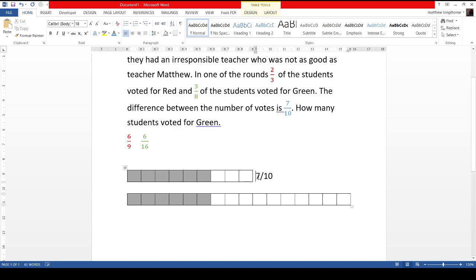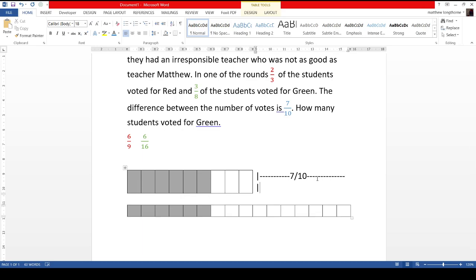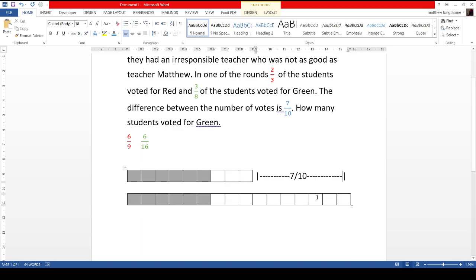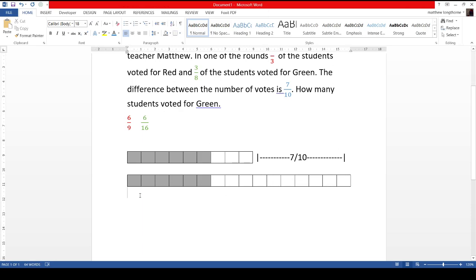From here, nope, here, to here. Oops, I did it again. Right, so from here to here is 7 out of 10, which is 1, 2, 3, 4, 5, 6, 7 blocks. So we now know that 7 blocks is equal to